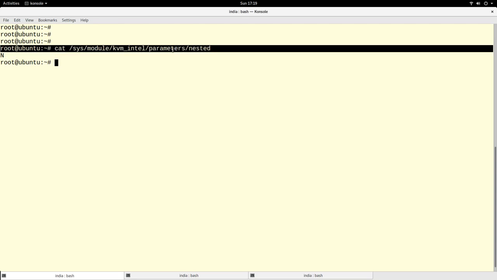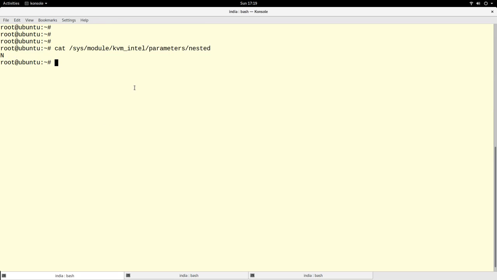That means if I want to run nested virtualization on this system, I will not be able to do it. This is the default setting, but to be able to change it, like I said, I have to look into this directory, /etc/modprobe.d, and put the